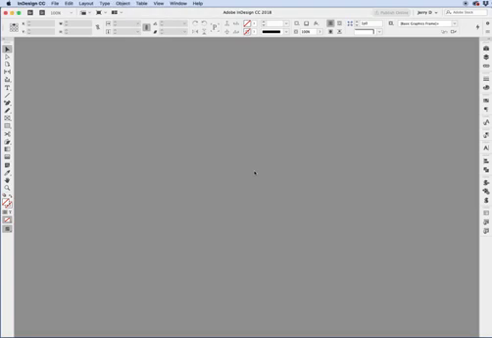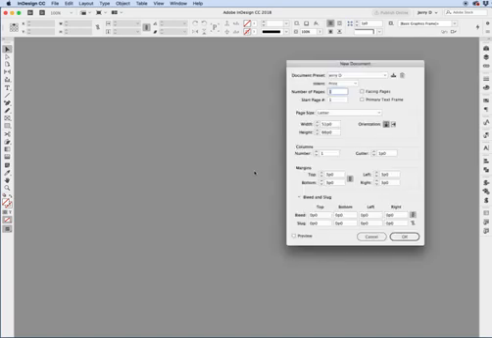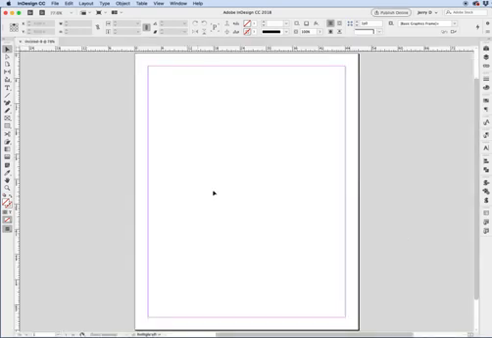Okay, in this video, I am going to show you guys how to convert a color Illustrator file to grayscale. The first thing I'm going to do is create a new page in InDesign. I'll just accept all of the defaults. And now I'm going to place a color logo. It's the Carnival Cruise Lines color logo that I downloaded from the internet, and I'm going to place it in